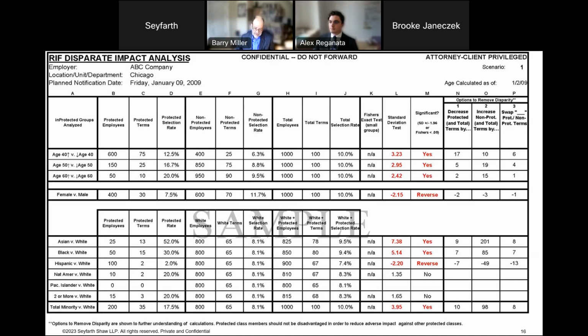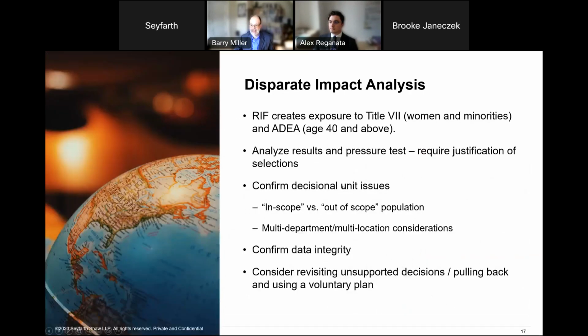The other thing I will say about it is, and we can move on to the next slide, something like this is only really useful if you give yourself time to react to the results. It's not uncommon for clients to come to us on the eve of a layoff and present us this information and ask us to do a disparate impact analysis. And what I tend to tell folks when that happens is the results aren't going to be very useful to you. You're just creating a document that may not be flattering in terms of the transaction you're about to undertake. And unless you're in a position to go back and pressure test the selection decisions that you've made, that document's just not going to help you very much.